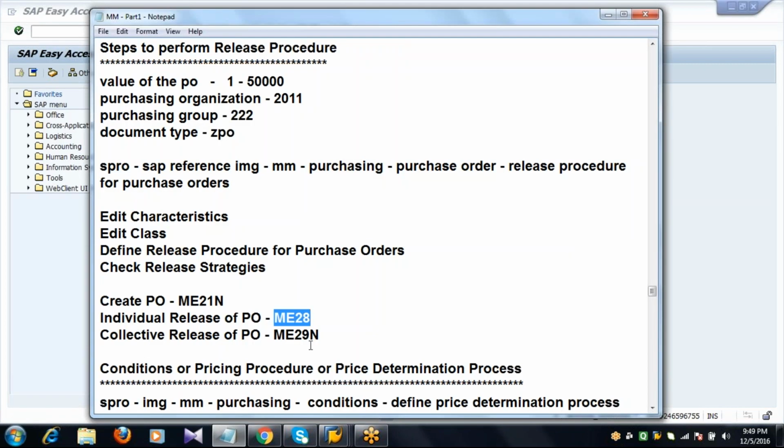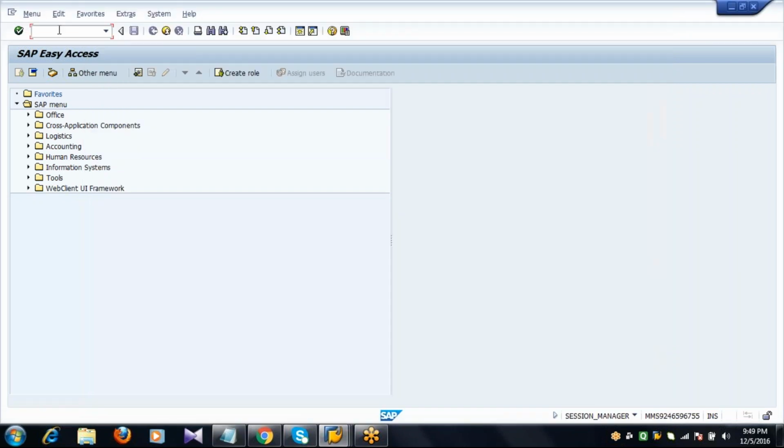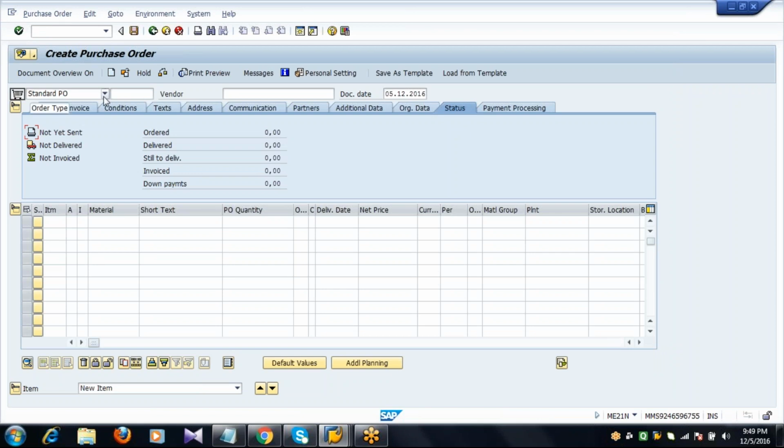Next, collective release. The transaction code is ME29N. So first, again you create a purchase order.